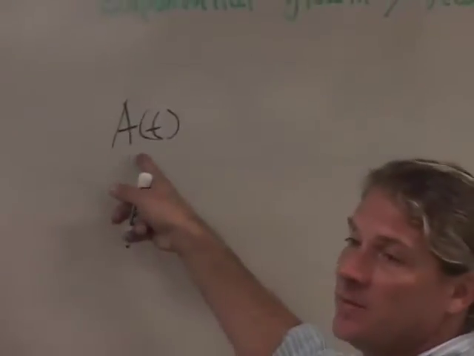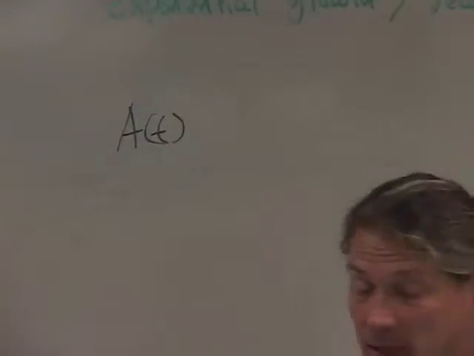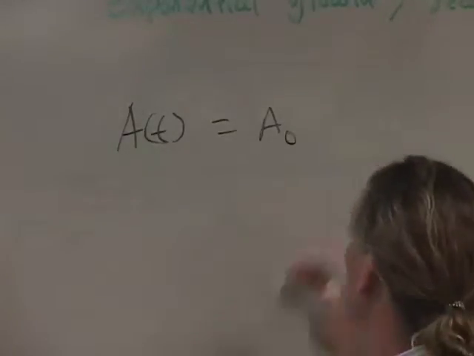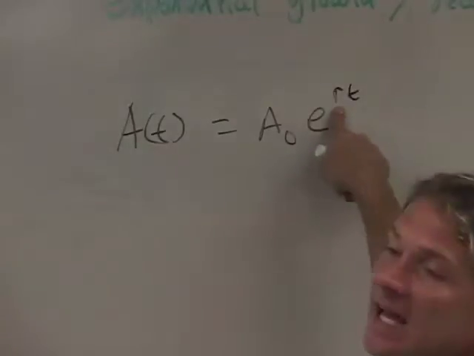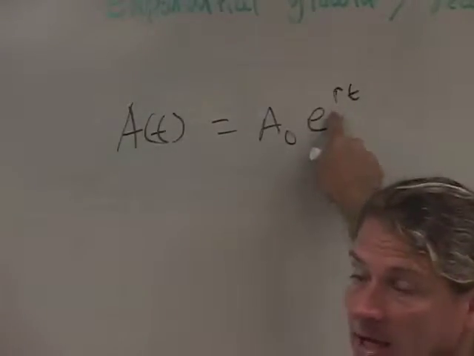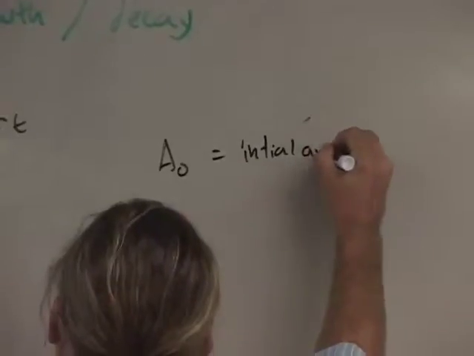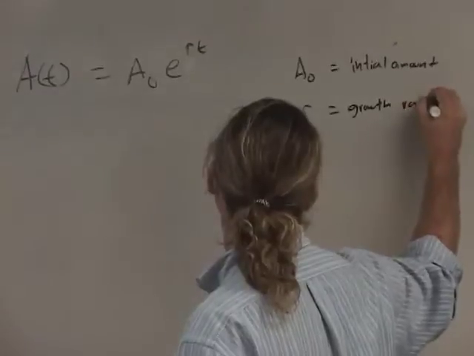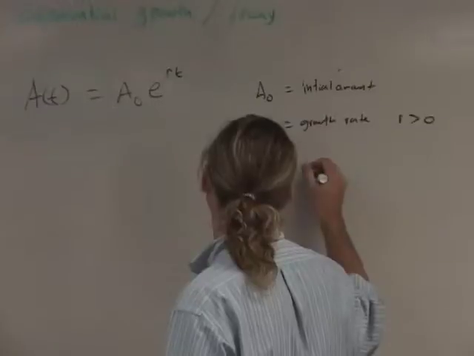Some function of time, whether it be the amount or the population or whatever letter you like to use, so we'll just stick with capital A, will be equal to some initial amount, A sub 0, times the exponential function e^(rt), often written with a kt. The book uses a k, I'm going to use an r. Because the A sub 0 stands for the initial amount. The r is the growth rate if r is greater than 0 and r equals the decay rate